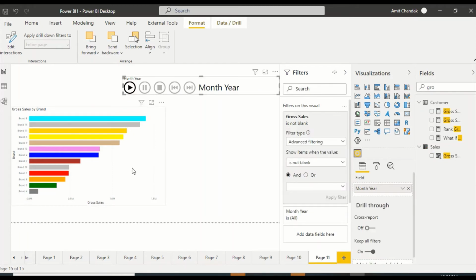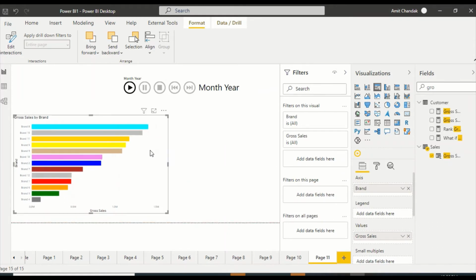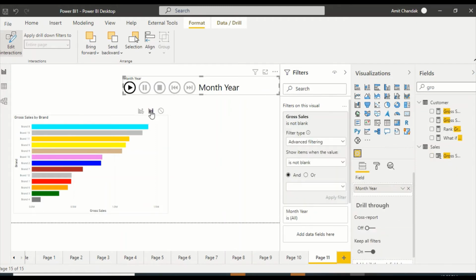So it should show me fill visual somewhere. Let me press edit interactions again. If I click on this one, this is having right now highlight. I'm going to make it filter, and now I'm going to click. Now I'll stop the interactions and let me play now.